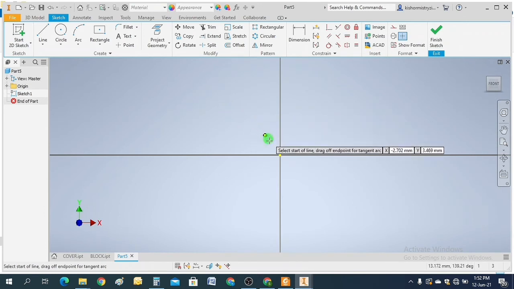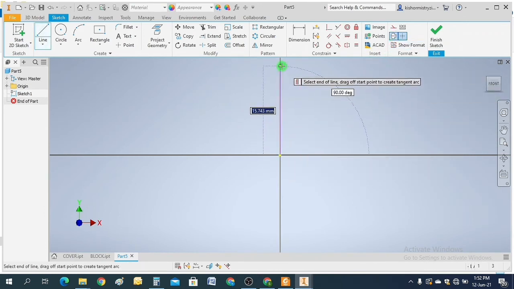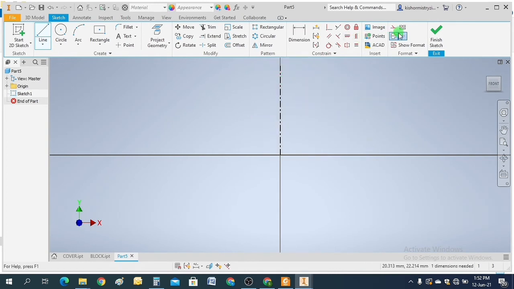select draw a center line, deselect the command, draw.